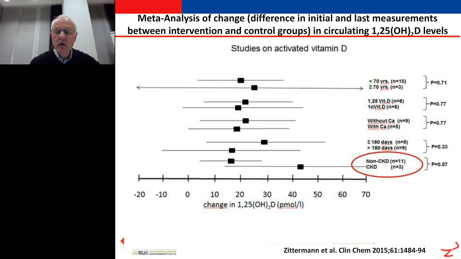This means that only 3 randomized controlled trials are available, and that we need more randomized controlled trials to look at the effect of activated vitamin D on circulating 1,25 OHD. And you can also see that there was a wide range in the effect of activated vitamin D on